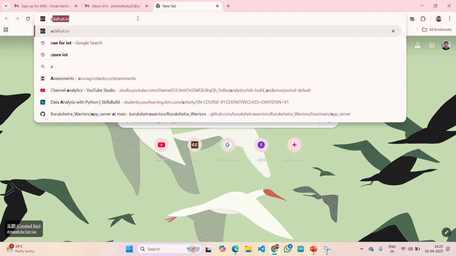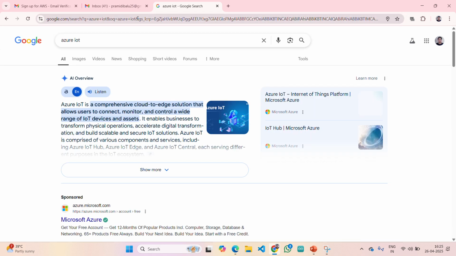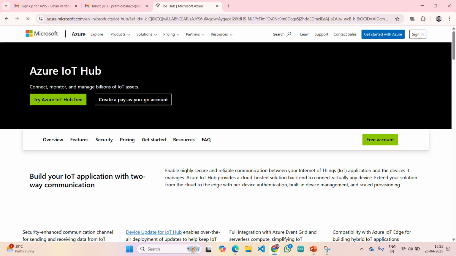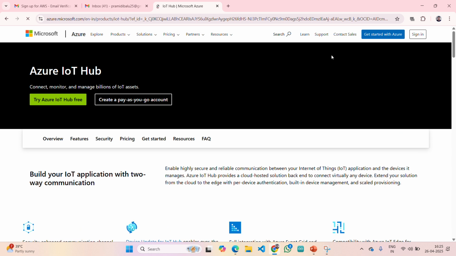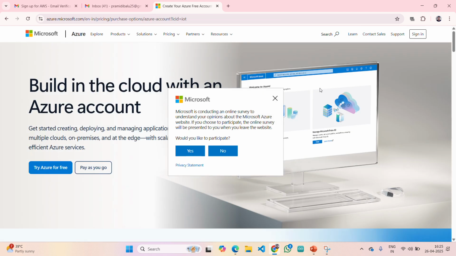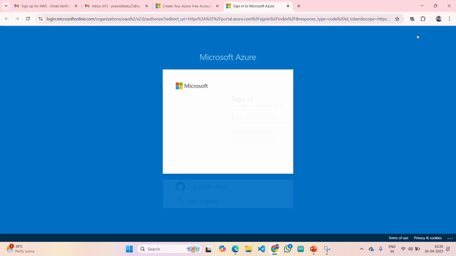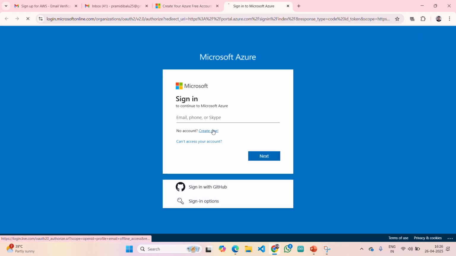Coming to one more, Azure, right? For Azure IoT, it is needed. Yes, it is a free account actually. You can get free services. You can see Azure IoT Hub free and all. Since there is no account, we'll click on create one.